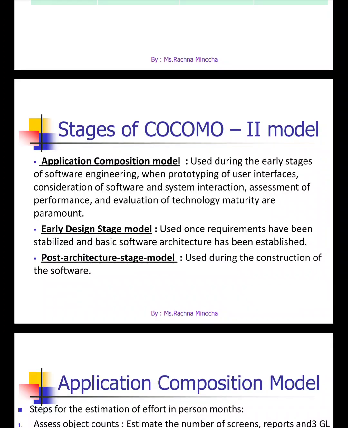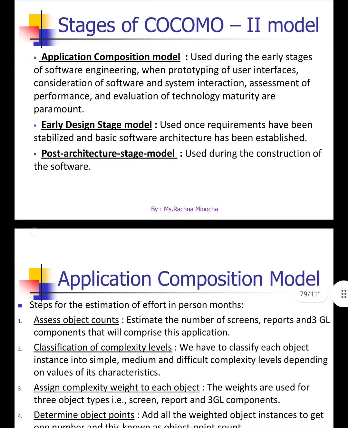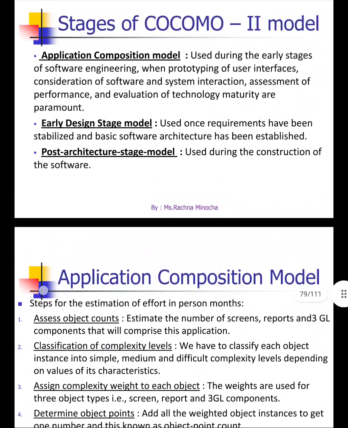One is the application composition model, which is used in the early stages, when the prototyping phase is considered for user interfaces and performance evaluation of technology maturity, etc. In the early stage model, we have the requirements. Once they are set and stabilized, we talk about the basic architecture, and for that we consider the early design stage model. The third one, the post architecture model, is used during the construction of the software when the